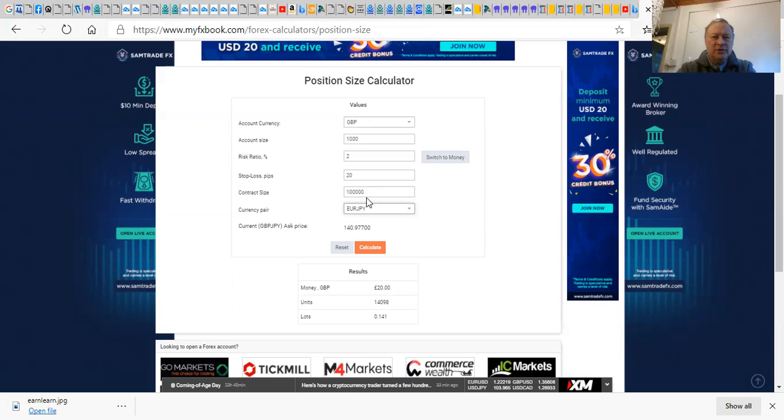We're going to ignore the contract size. And then we put the currency pair in. It's important you put a currency pair in because the calculation will be different for different currency pairs. So here we are. We've got £1,000 in our account. We're risking 2%, which is about £20. And the stop loss is 20 pips. And when we calculate that, it's already worked out. So we're risking £20. We can have a 0.14